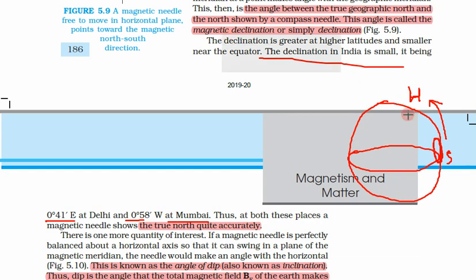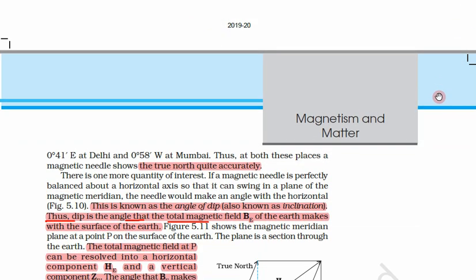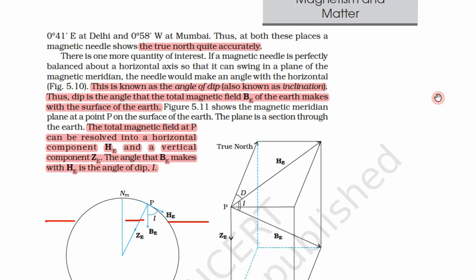So let us discuss what is written here. Since India is near the equator, the declination is very low. First let us understand what an angle is. Angle is always measured in degrees. Angle theta is in degrees. But what is much smaller than that? 1 degree is equal to 60 minutes. And what is the symbol of minute? The symbol of minute is a single comma.